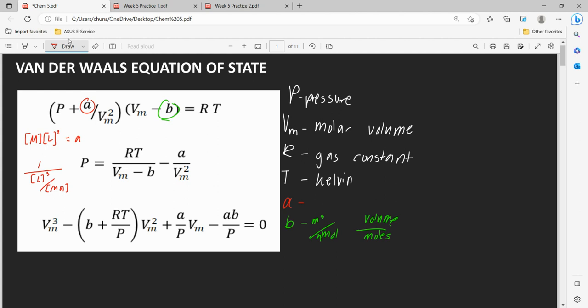If we flip that around, that becomes moles on top, this in our bottom. So in order to balance this out, that means we have to have moles in our bottom for A to cancel out with this term. We need to add a mass term to the top, and we need to cancel out our,